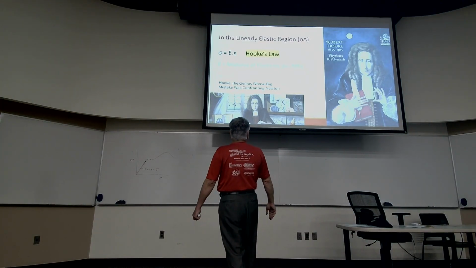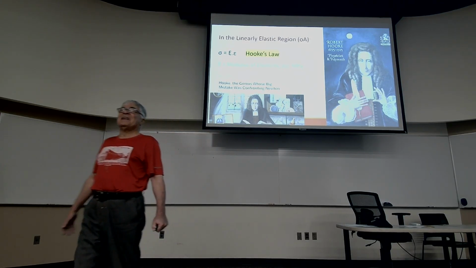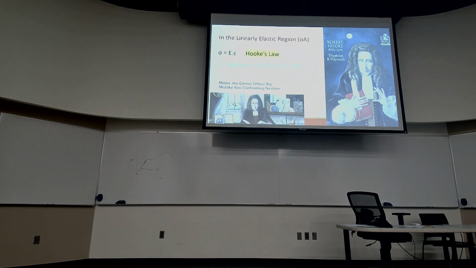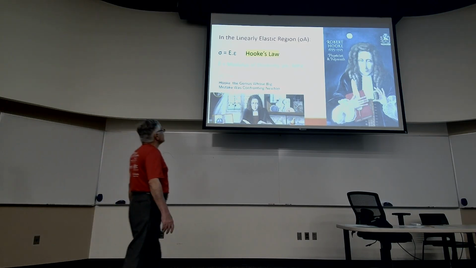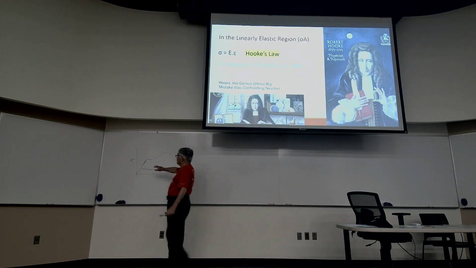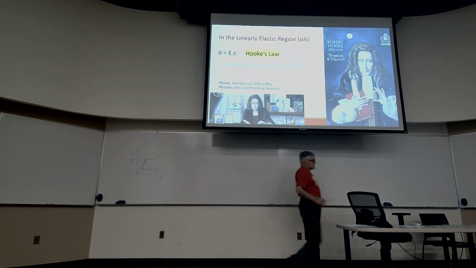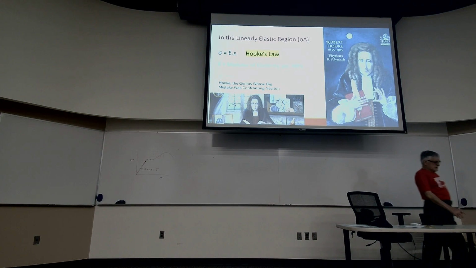And as you can see, Mr. Hooke looks pretty scary because he is the person who came up with the equation like this, which also applies to springs. Force is spring constant times deformation. So this is Hooke's law. Sigma is E times epsilon, and E, which is the slope of this straight line, is called modulus of elasticity. We also find numbers for it in that same table we just looked at. So if you go back,